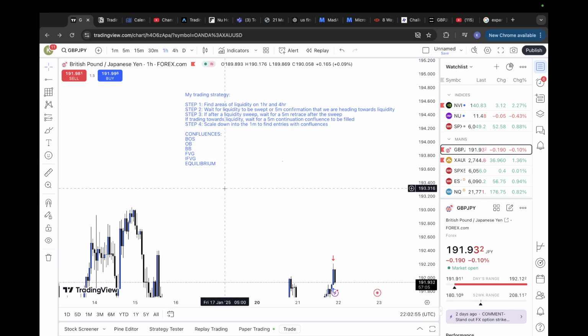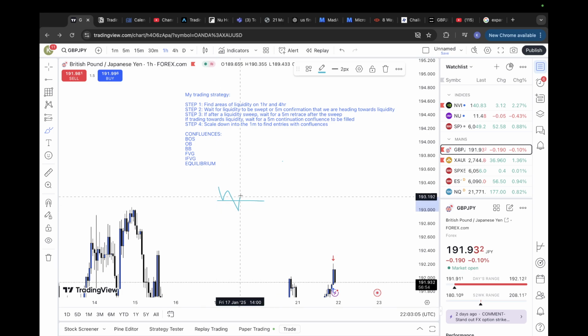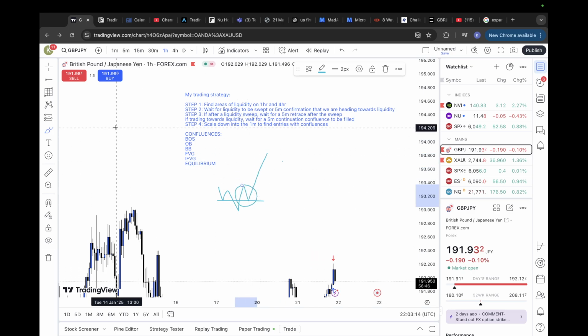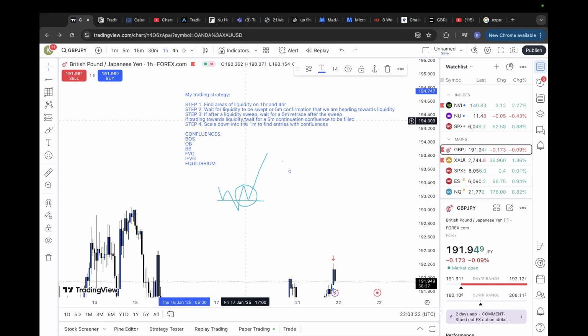And then step three: if there is a liquidity sweep, then I'm waiting for a 5-minute retrace. Say we're on the 5-minute chart, for example, and we come out and take out liquidity here. Then I'll be looking for this 5-minute candle to retrace and then go up. So within this price range, I'll be looking to try and take a trade. So I wait for a 5-minute retrace and the candle to close, and then I'm in. As it says on step 4, in step 3, still if trading towards liquidity,